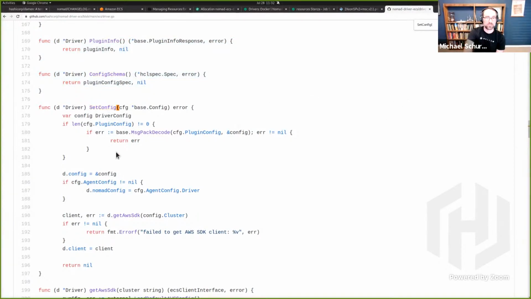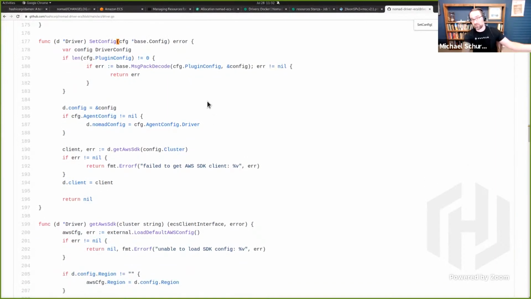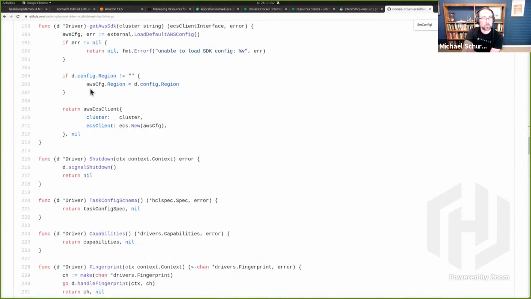Set configuration just handles getting the configuration from the Nomad agent and applying it to your driver, like we just talked about. In the ECS driver, this is also where we configure the AWS SDK's client, plumbing through the region configuration from the Nomad client to the AWS client.